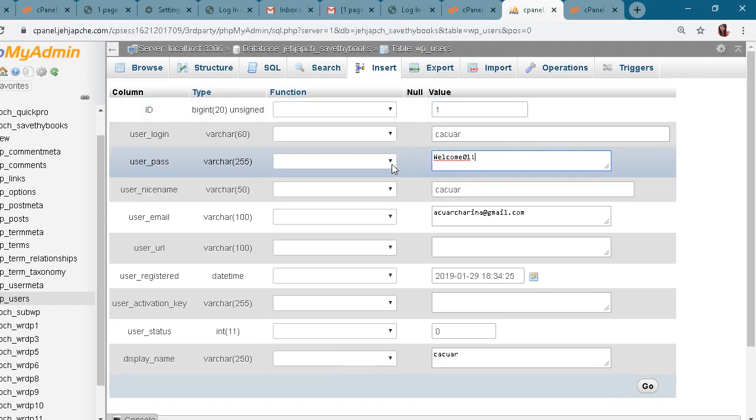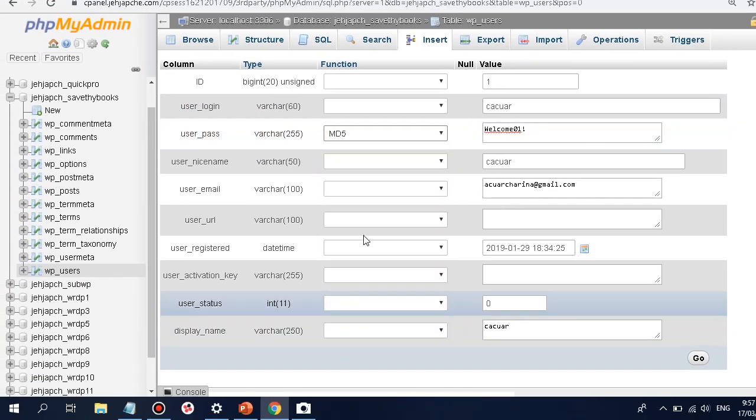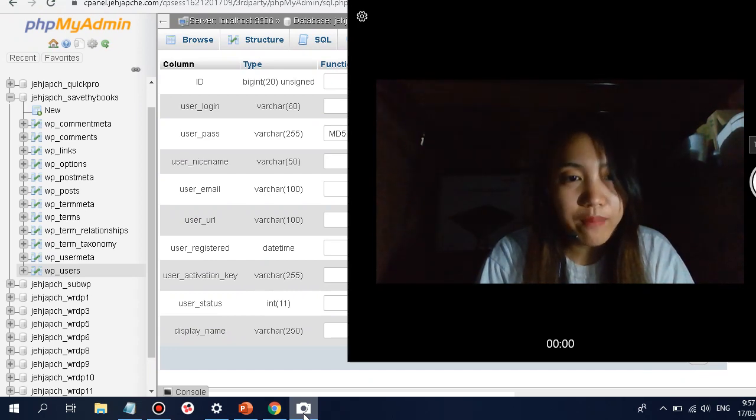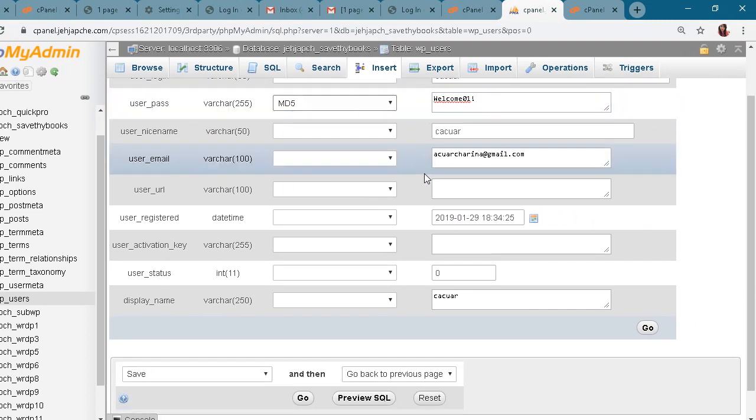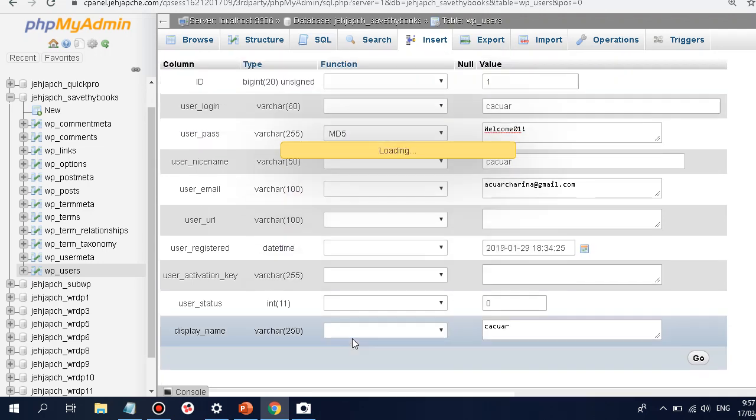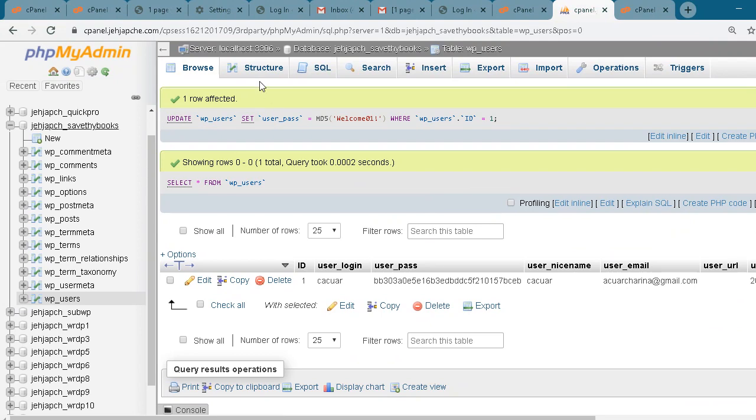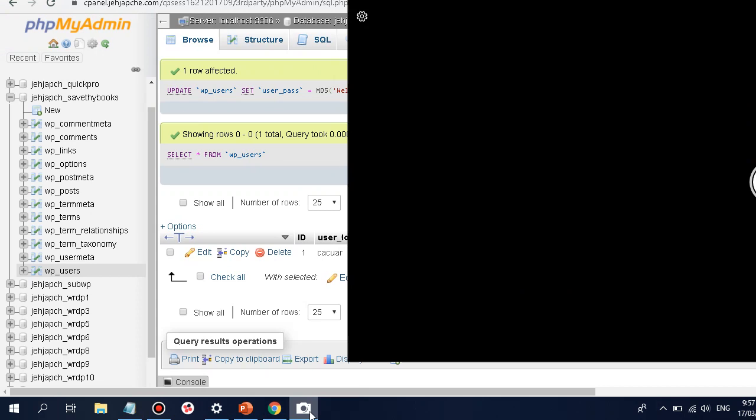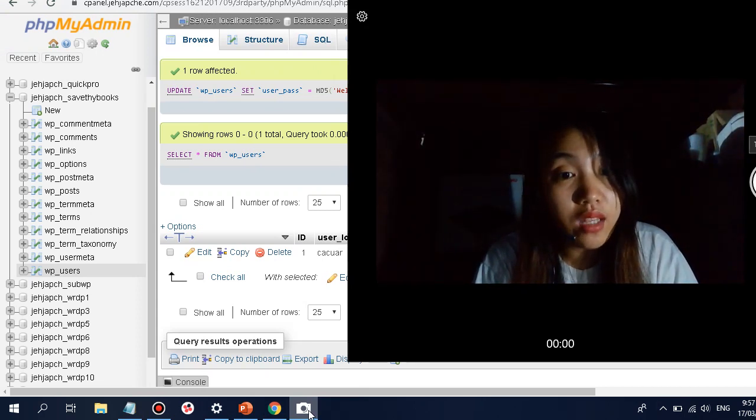And then on the left side, click on this little drop down arrow and then choose MD5. Why MD5? I don't know as well. So just choose MD5, okay? All right, so once you choose MD5, scroll down, and then you will see here the go button. So click on go. All right, and then once it's done, you can see here that it's successful, okay? Go back to your WordPress, and then we are going now to test the password that we typed in using